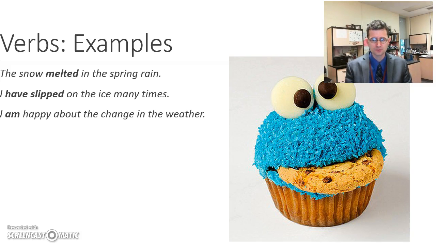Am is one of the most basic verbs in the English language. All the forms of to be: is, am, are, were. Those are some of the primary words we use, and they express existence. I am. Here, it's acting as a linking verb to connect the subject, I, to a word that describes me,